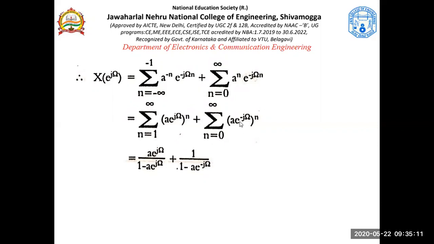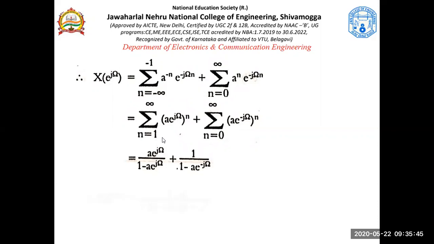This is fine. So what is the standard form? Since this is 1, the initial is 1. I told you, if this is 0, it is this to the power 0. If this is 1, it is this to the power 1. So you do not have to do that, taking it to the left. This again is the standard form which we discussed. If this is a non-zero number, what happens? So this is what is going to happen. That's a standard form again, which you can easily understand.